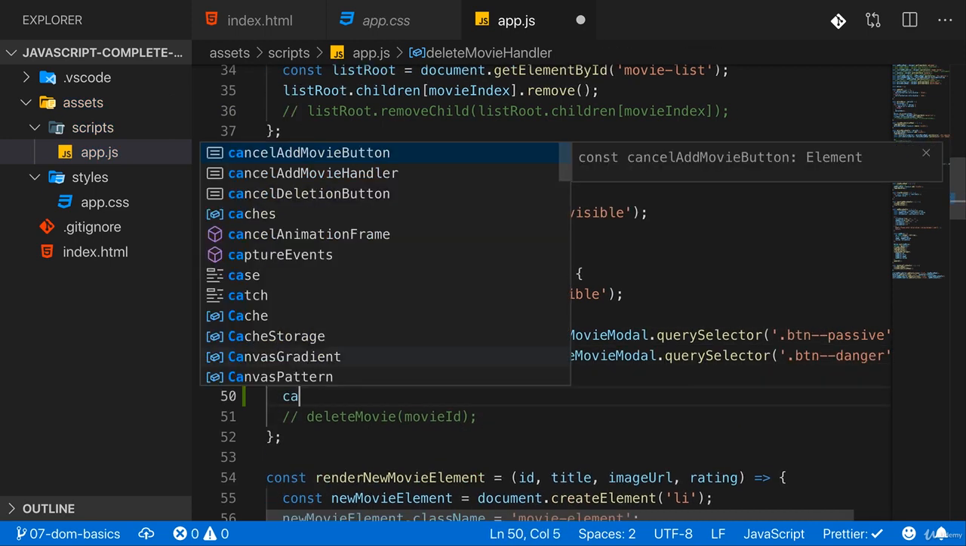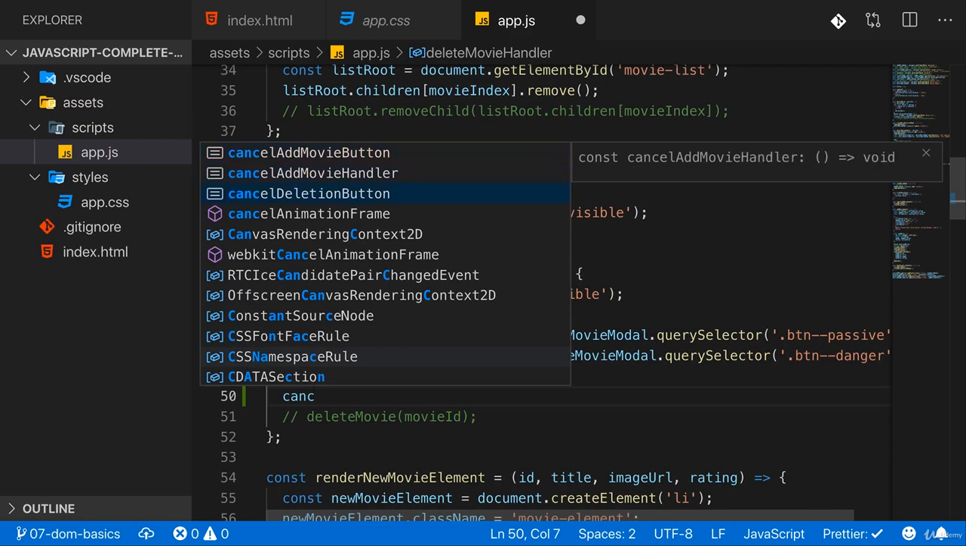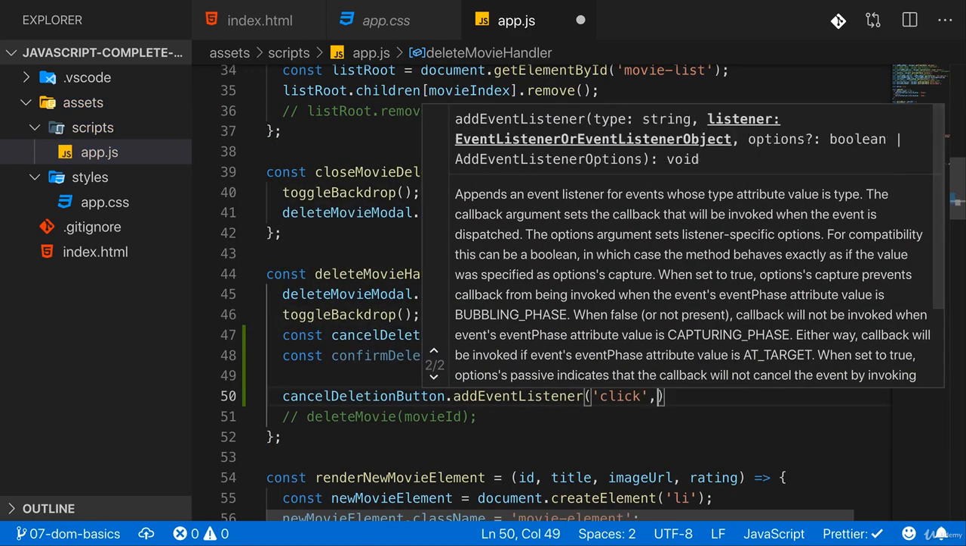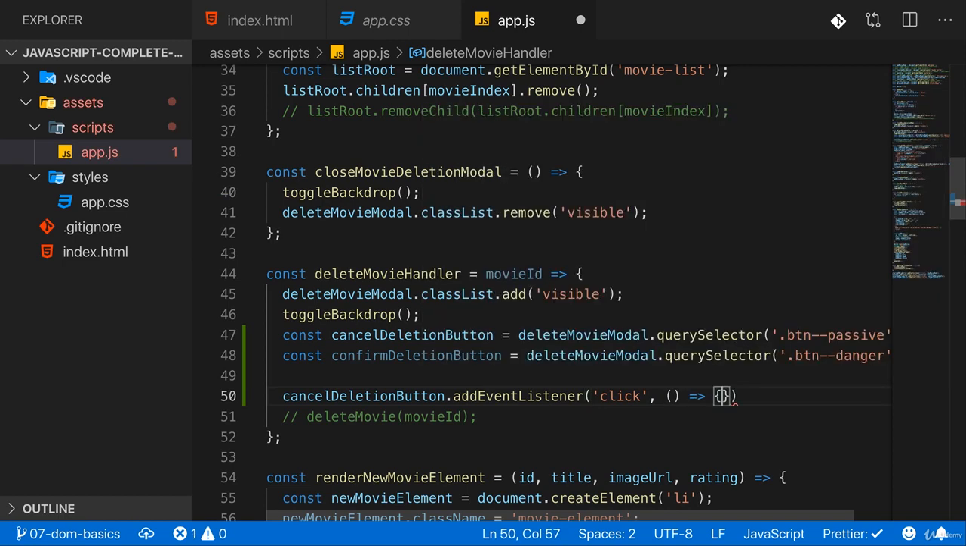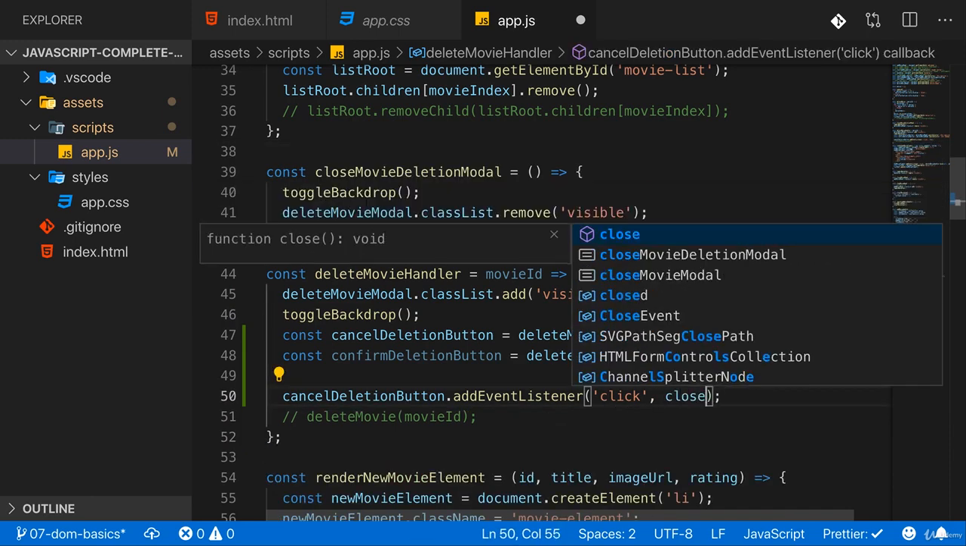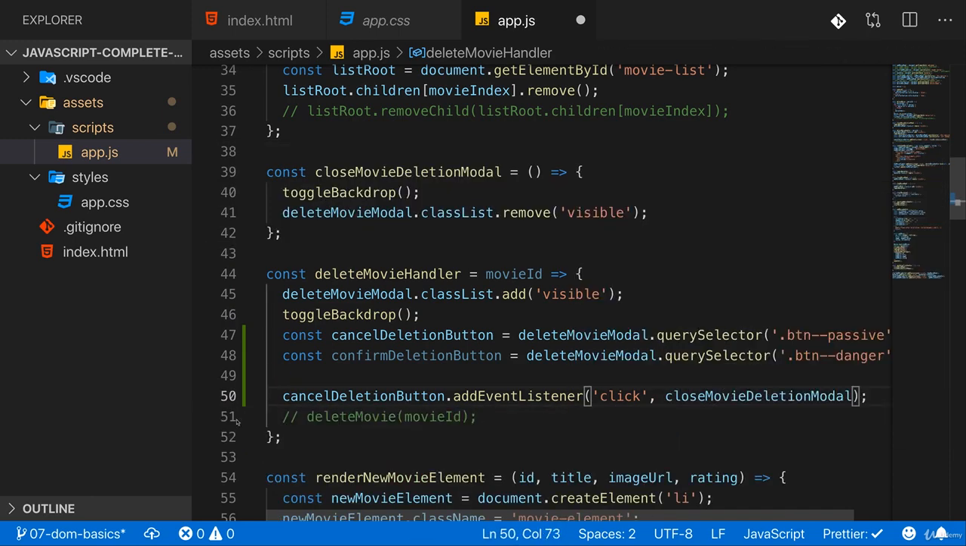Now we can add event listeners, cancel deletion button. There, I will add an event listener for click event and add an anonymous function. You could, of course, also go for a named function if you prefer to. But here, an anonymous function where I call close movie deletion modal, like that. Therefore, we can actually also just point at this movie deletion modal function like this because we don't need to do anything else with it. And nothing else needs to be done when this button is clicked. So if we now save that